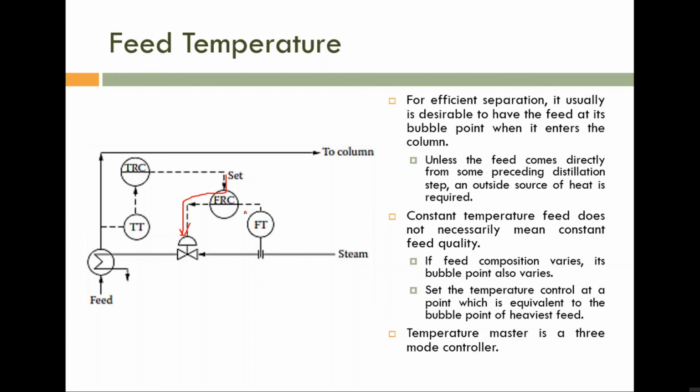the steam flow rate. Okay, so this control action will be a perfect control action if the steam quality is constant. Steam quality means steam pressure, steam flow rate, etc. If these are constant, then this control action is sufficient. This control strategy is sufficient if the steam quality is not affected by anything. If it is affected, especially if the steam flow rate is affected by something else, then we have a disturbance.